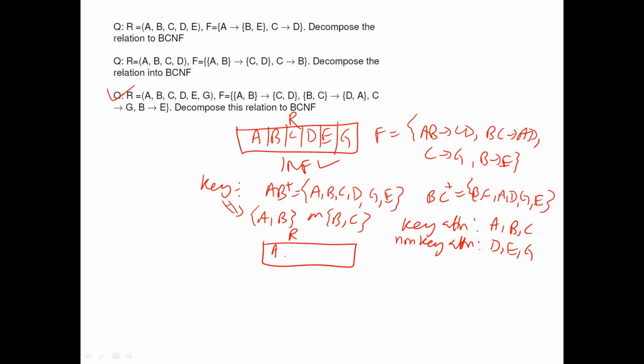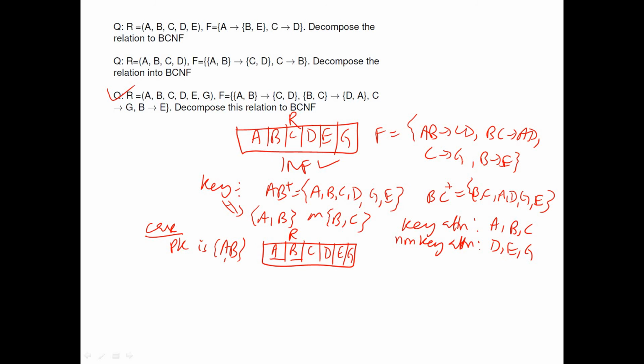Are containing A, B, C, D, E, G. Already we have seen, in any case, I can consider anyone as the primary key. So later I'll consider the case where the primary key is AB. So AB is my primary key. So whether D, E, or G, they are depending on A or B, you check partially whether they are depending partially.